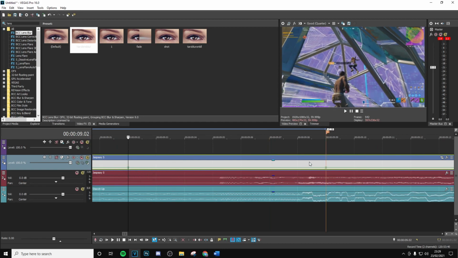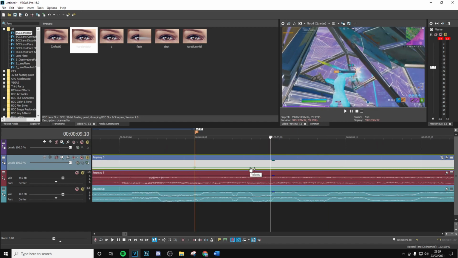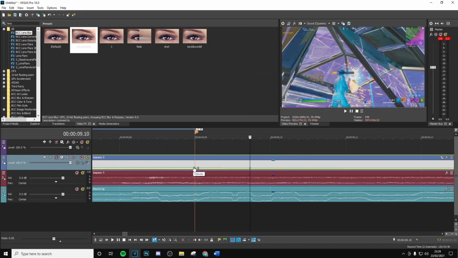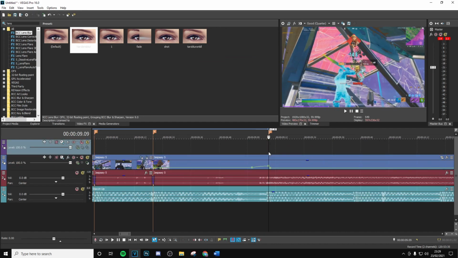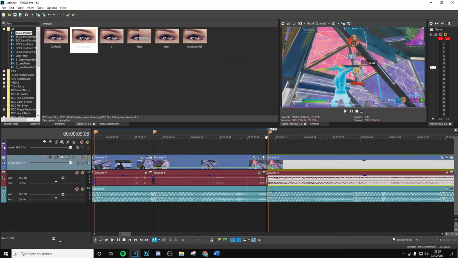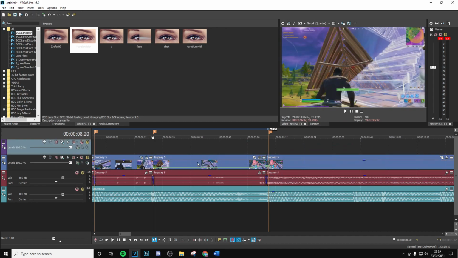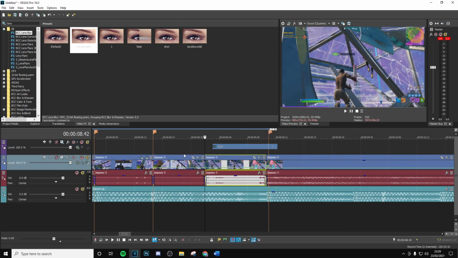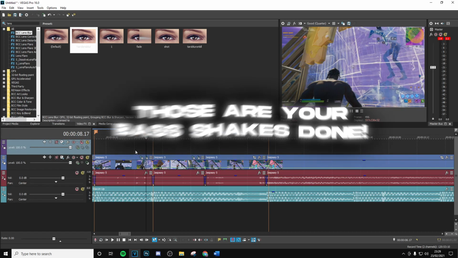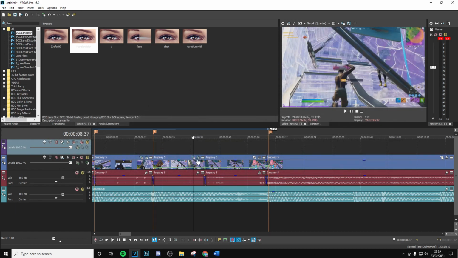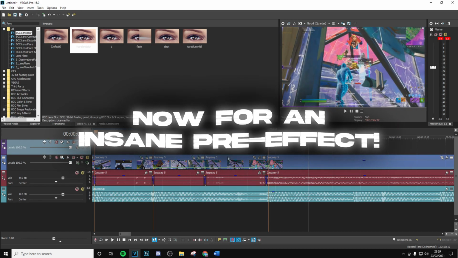There and go here. Here 50% and put this to 300% and then put this to fast fade. Okay, so you want to go 1 frame to the left here. That's where we're going to add our after kill effect, and then here we can go ahead and add our base shake again. Now I'm just going to split it a little bit before so that we can paste this here without messing up the velocity. So those are how you do your base shakes basically, and now we can move on to a very nice